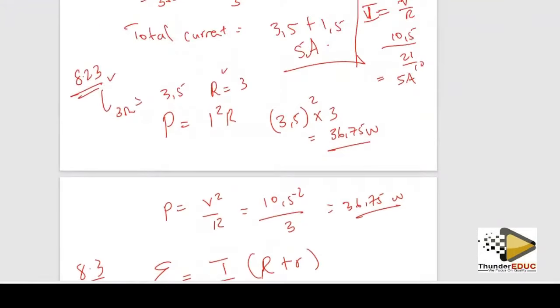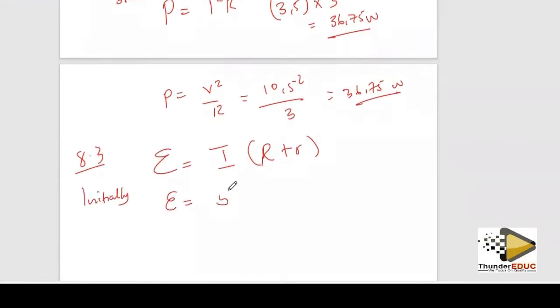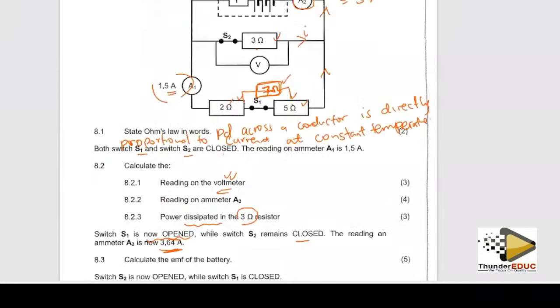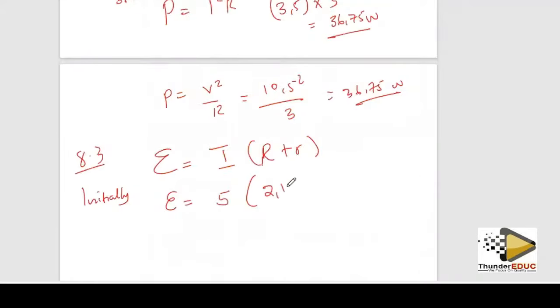8.2.2.5. So that's going to be 5 into the effective resistance for the total circuit. Remember, this is a 3, that is a 7 combined. So the product is 3 times 7 over 3 plus 7, which is 21 over 10. 21 divided by 10 is going to be 2.1. We just use it as 2.1